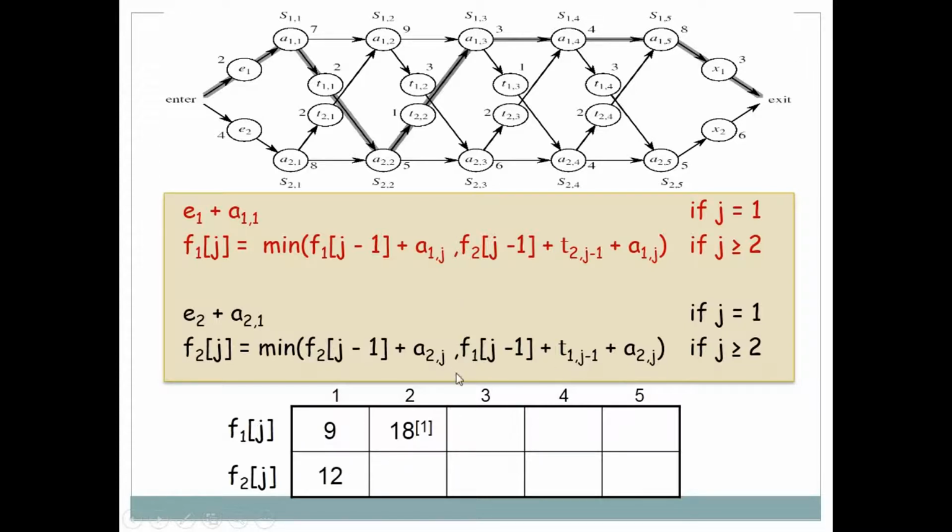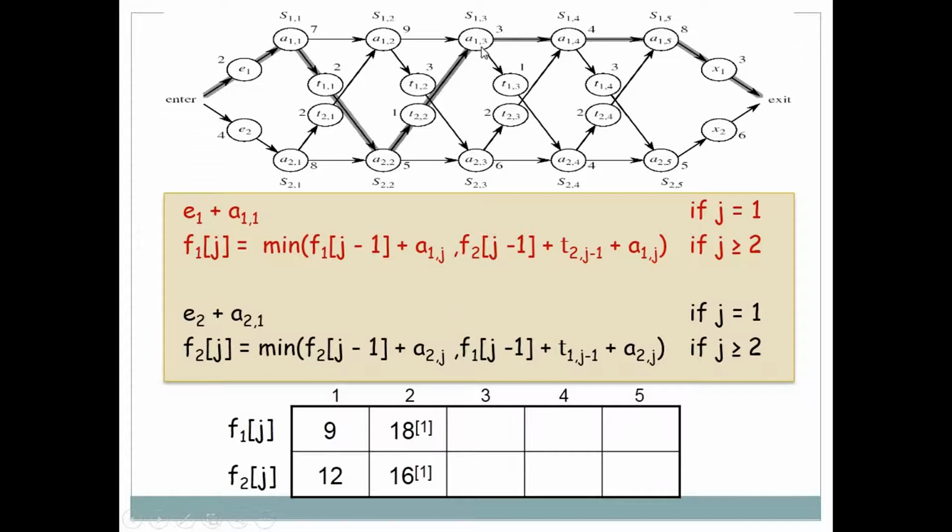And another thing is f1 j minus 1 means 9 plus transferring cost means 2 plus a2j means 5. So 9 plus 2 is 11, plus 5 means 16. So at that station the minimum from 17 and 16 is 16, so we will write 16, and for that we are transferring our assembly line from 1 to 2. Okay, so here 16 says that it is the minimum cost, but it comes from the assembly line 1. This symbol says from which these points are calculated.